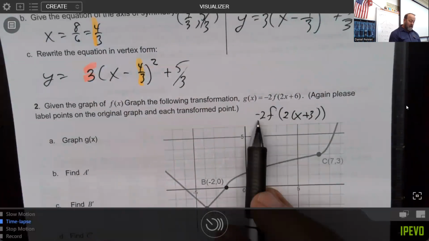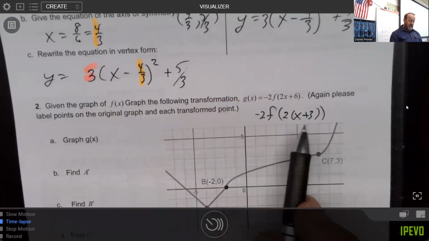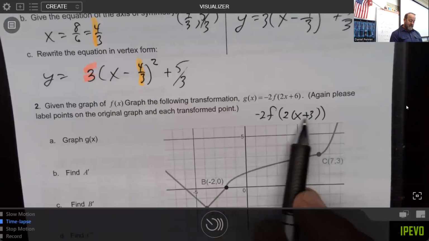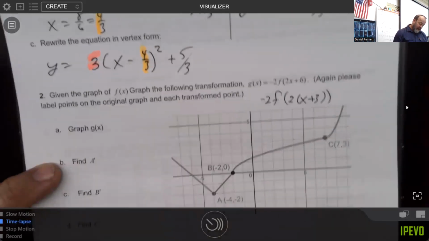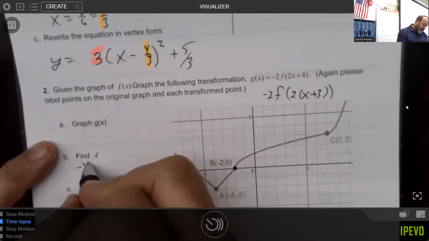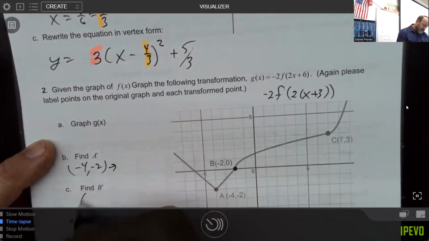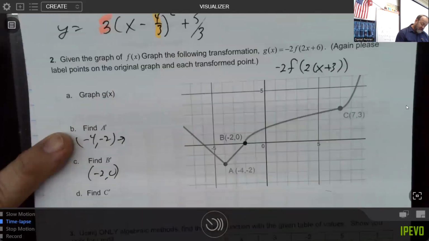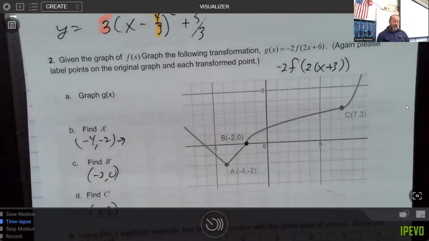This is going to multiply all the y values by -2. This right here is going to divide all the x values by 2 and then subtract 3. Remember, these things are going to do the opposite of what they say. This is going to do exactly what it does. So where a was -4, -2, and b was -2, 0, and c was 7, 3, what we want to